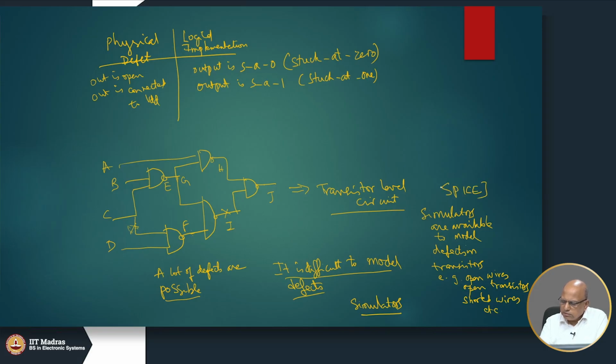An example of such a simulator is SPICE. So, we can do a SPICE simulation of this circuit and understand if such a defect is present, then how will the output get affected, okay. But that is very difficult, right. The SPICE simulations will take a lot of time, right, and we really do not want to get to that level of detail, okay. So, therefore, we prefer to